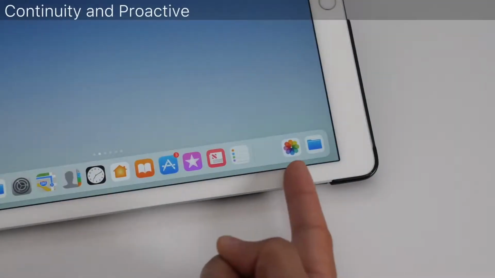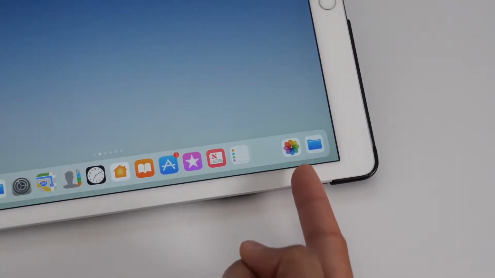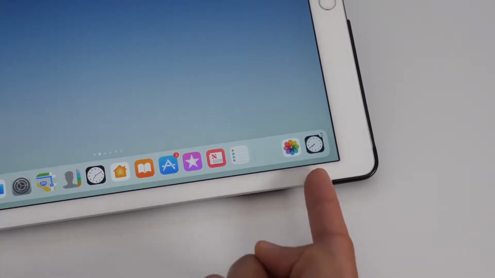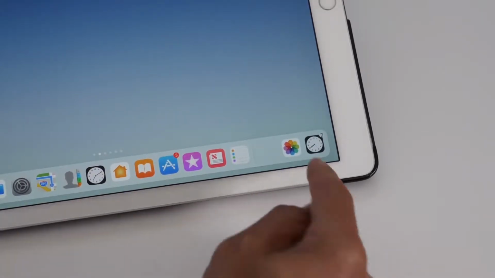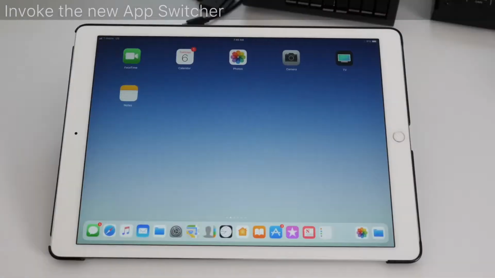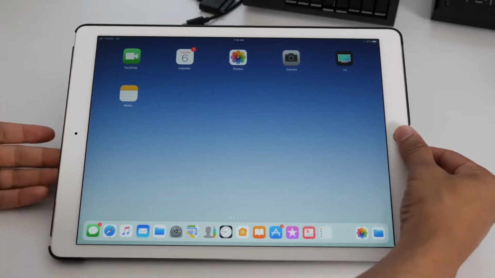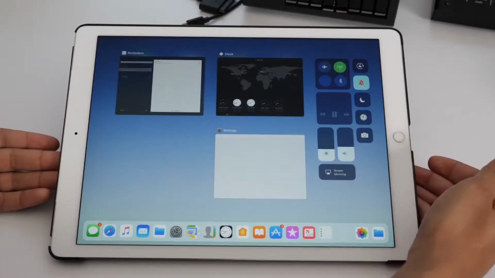Incredible. The dock also has a special little section for continuity and proactive apps. So if you're using continuity, for instance, if I open up the clock app on my iPhone, I can pick up right where I left off, and that dock is smart enough to know what apps I might want to use next. Now the new app switcher, you can still invoke it using a double press of the home button,